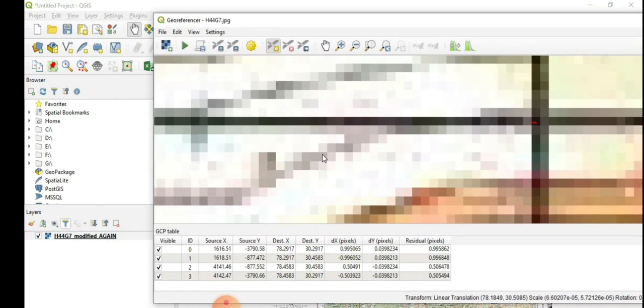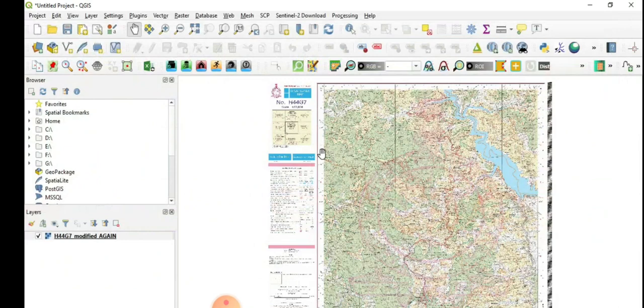So it has completed the georeferencing, and you can see that as soon as it completed, the sheet has appeared on my main screen. So what I can do is I can close it now. Just close it. No need to save the GCP points, so I will discard. So this is my georeferenced topo sheet which has appeared on my screen.